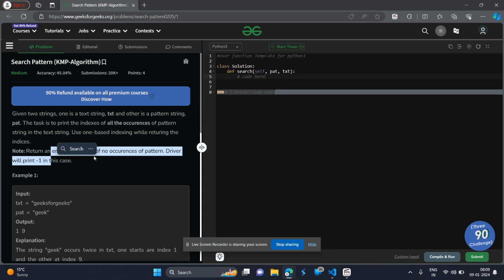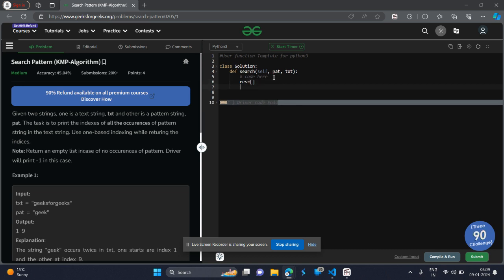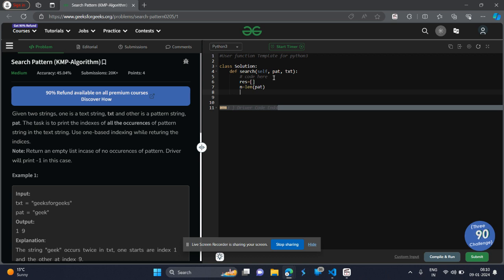It is given over there. So I will be using the brute force method along with sliding window for this question. First, I will create a result list which shows all such occurrences, and I will store the length of the pattern, not the text pattern. Now I will loop through it